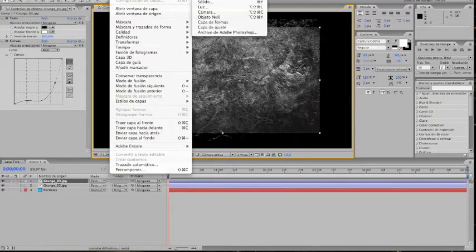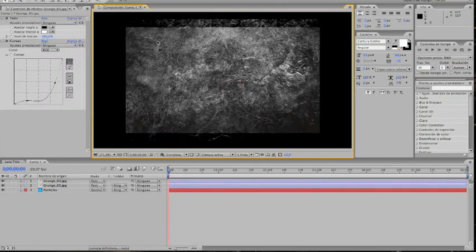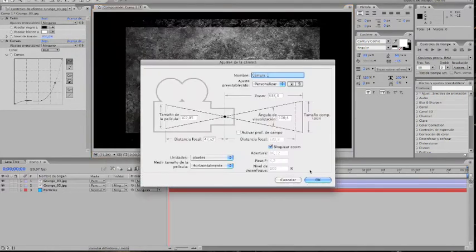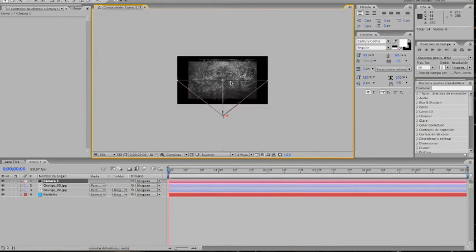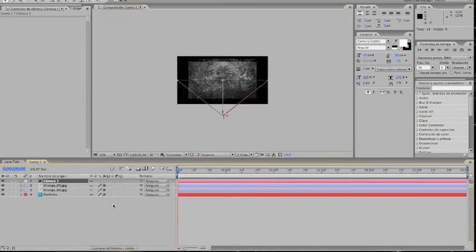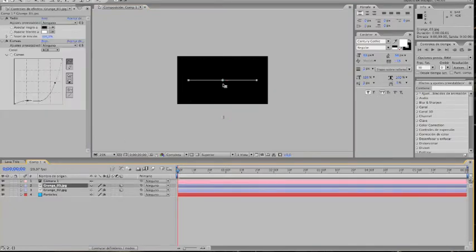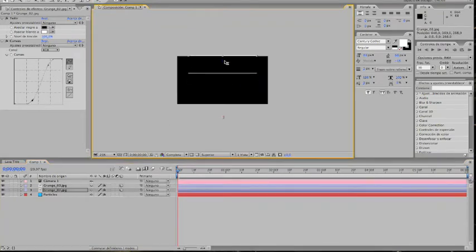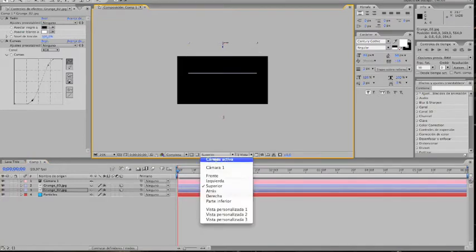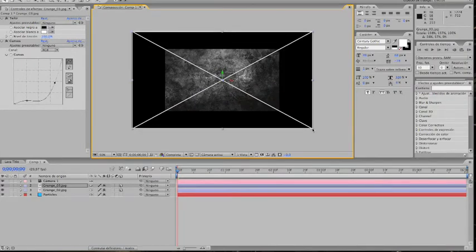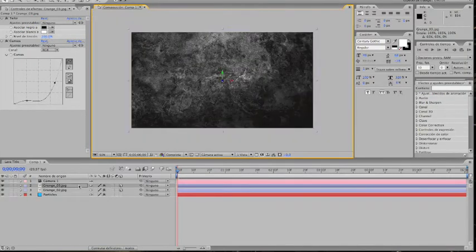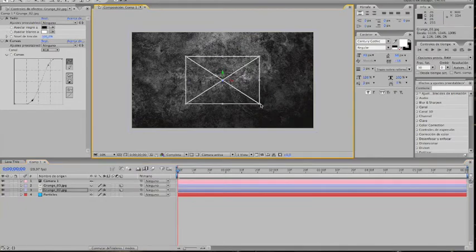And what we want to do now is to create a new camera. Not a null object, a camera. And I'll go to the top view and make both texture layers 3D. Come to this one, set it here, and come to the other one and set it in the background, more or less here. So now you'll have them like that. And what you need to do is just to scale up the first one so it fills the entire screen. And the other one, which is in the background, you can do the same thing,